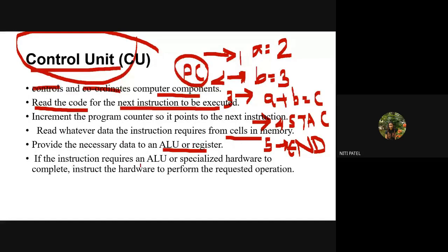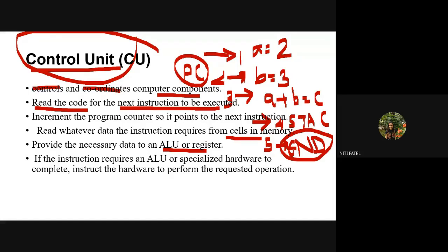If the instruction requires an ALU or specialized hardware to complete, it will instruct the hardware to perform the requested operation. Which means what? Suppose there is an instruction, let us assume the instruction END. Suppose this END requires the ALU to function, how is this END related to the ALU? What is the use of this END?